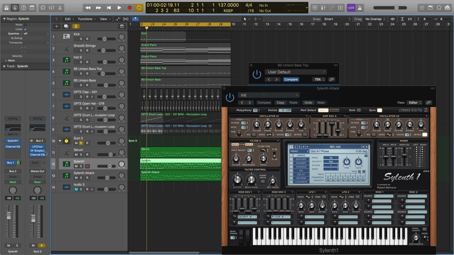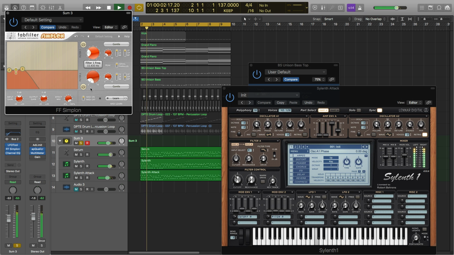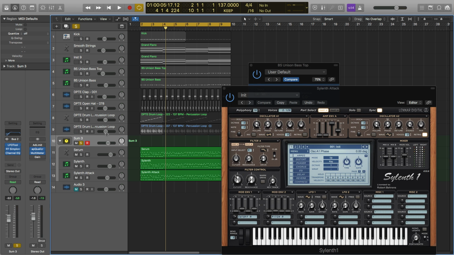It's sent to a reverb bus that's then returned to the sum stack so that it can be controlled by the filter that's on the summing stack. If I didn't return it, then the reverb portion would be unfiltered, so I had to return it to the same track stack bus channel. So that's all well and good, but